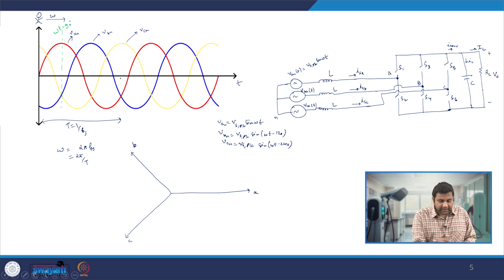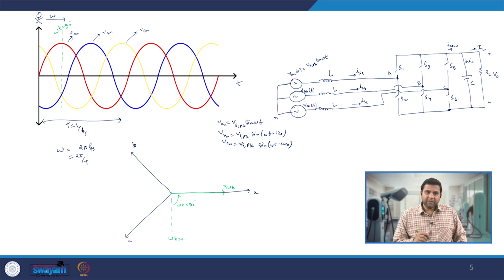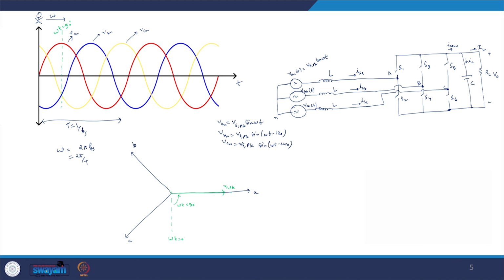So, after omega t equal to 90 degrees, you have reached a point where your A phase is at the peak, which is nothing but Vs peak. Let us say this is omega t equal to 0. At omega t equal to 90, you have moved from here to here, displaced by an angle of 90 degrees with the same speed as the voltage is varying with time. So, this is the peak you will get along this direction.